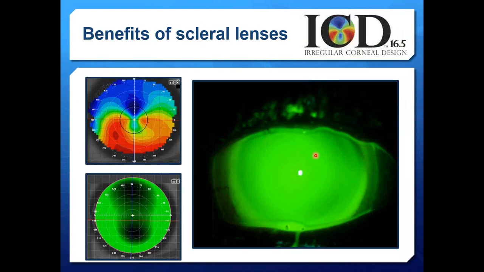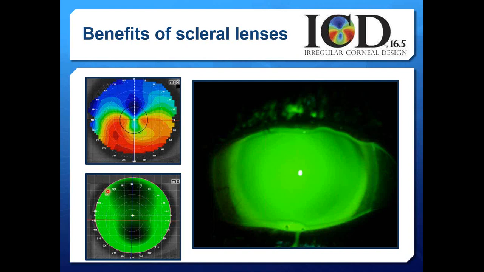So one of the significant benefits of scleral lenses is it really doesn't matter what the corneal shape is. We're going to vault over top of that asymmetrical eye and make it easy for us by landing out on the symmetrical sclera. So when we have a case like a pellucid marginal degeneration that has 9 1/4 diopters of against the rule irregular astigmatism is what this pellucid patient had, we would go straight to a scleral lens, especially